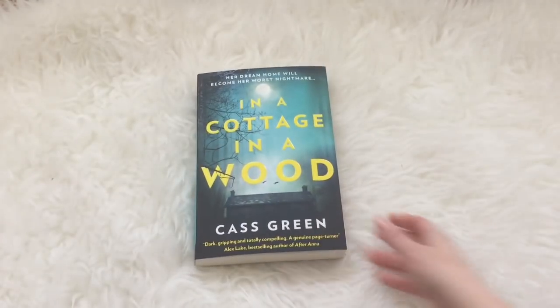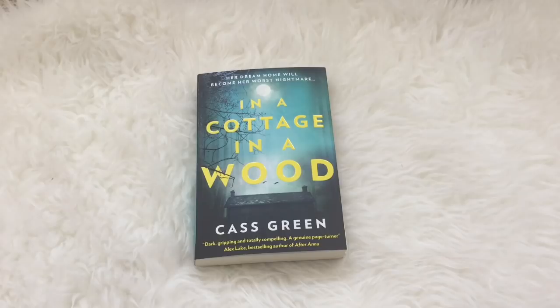At that same library, I found In a Cottage in a Wood by Cass Green. And I'd heard of this. I believe this is a pretty new release. And this is about a young woman named Neve. She meets this other woman named Isabel on a bridge, and Isabel forces this little tiny package into Neve's hand, and then Isabel jumps off the bridge to her death. And Neve is obviously really